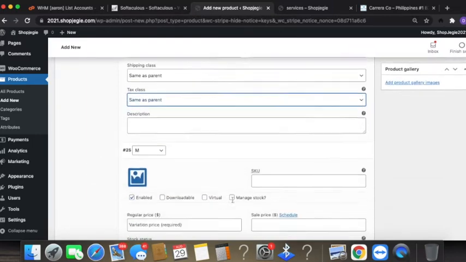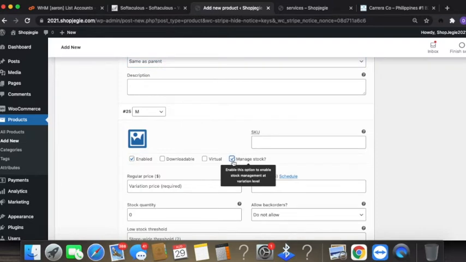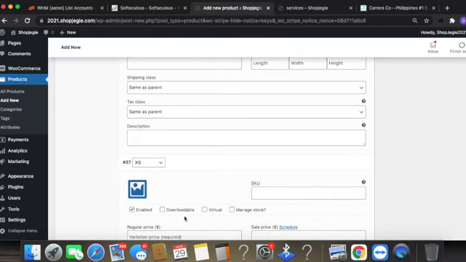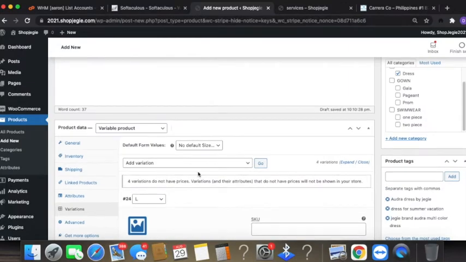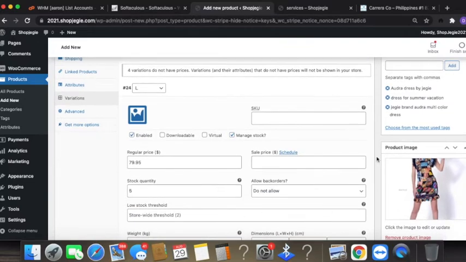Tax class, whatever, you put it in there. If you manage stock and you don't put the number here, it means 0. It's not going to show up. If you don't add a price as well, it's not going to show up. So if you don't fill out the rest of these items and you only fill out large with this information,